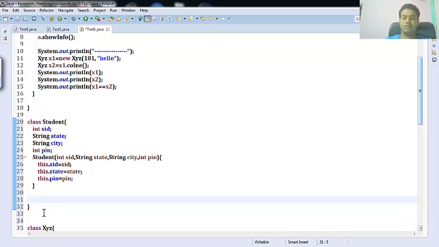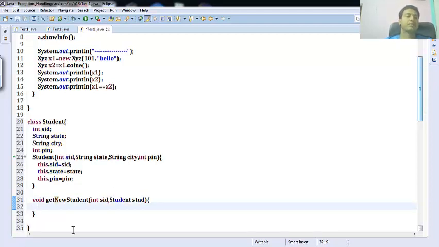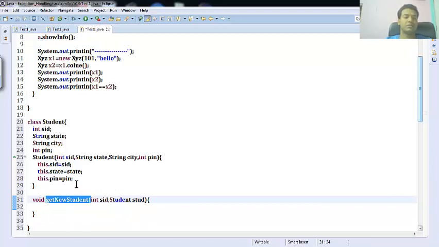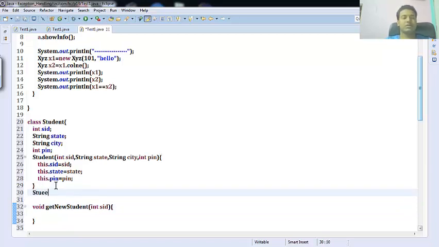Say I am having a method to get a student object again, void get new student, and this is taking two arguments, int sid and one student type object stud, right? This function has to, sorry, it should not be here, actually this function is just having an sid and not a student argument, and just sid. And I am having here another student constructor,